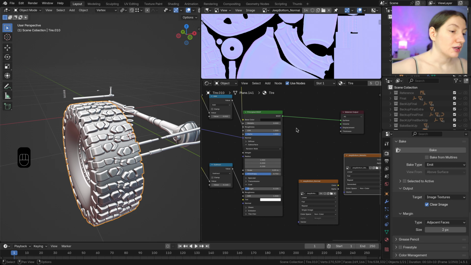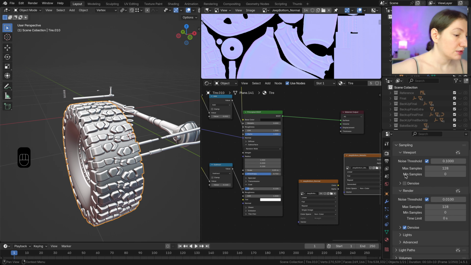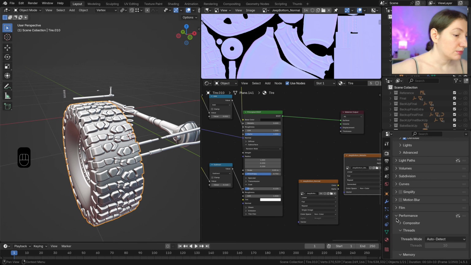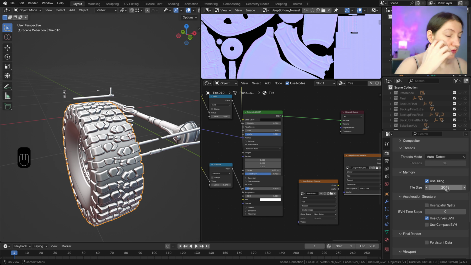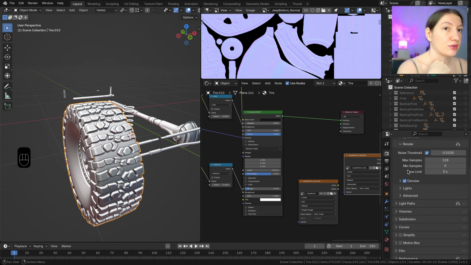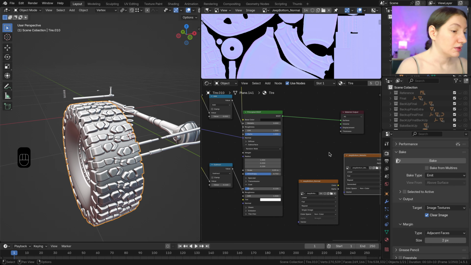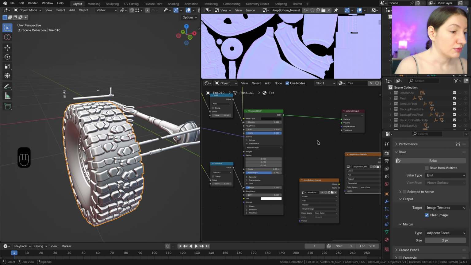Instead of closing it, I would prefer to just connect whatever color I have directly to the surface and use the emit version. And by the way, did I show you I bake with these settings? And performance is this one. If your tiling is bigger, it will be faster to bake. I prefer it to be higher. And then okay, I think we are good to go now. Okay, now